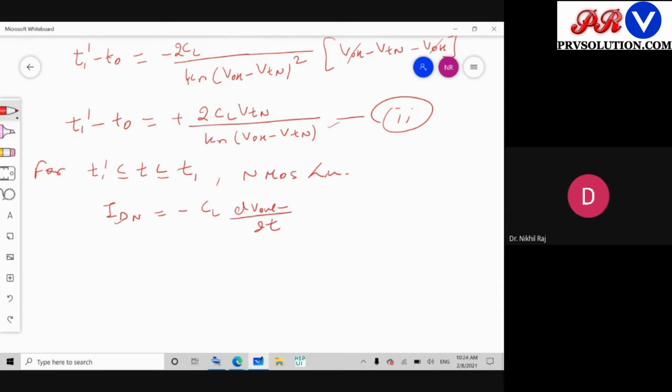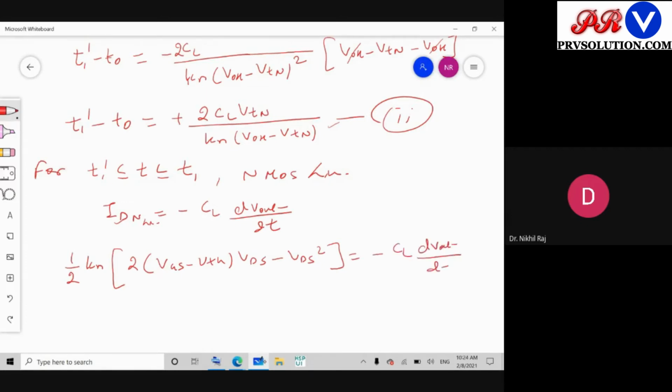Now this IDN is nothing but the linear current. What is the equation for linear? It is half Kn 2 into (VGS minus VTH) into VDS minus VDS square,